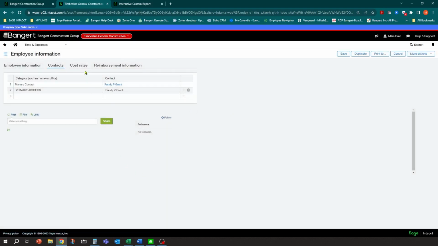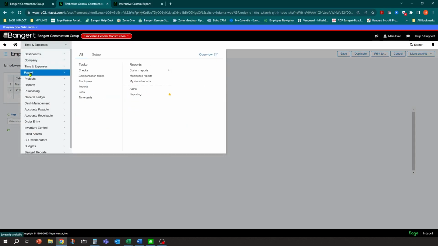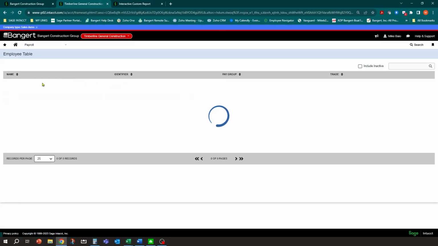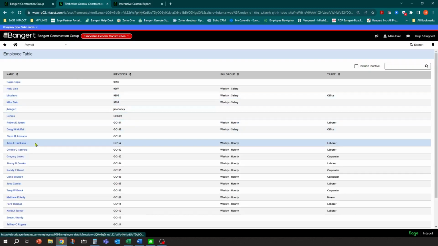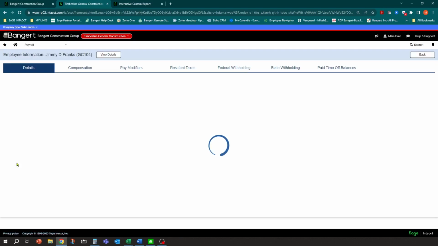Some of the other information that you want to look at in the employee record is going to be more specifically in the payroll module. So if we go into payroll, and you go into setup employees, and again, that's going to be at the entity level, you can pull that information up here. One of the most hidden fields in the system, for example, is the social security number.